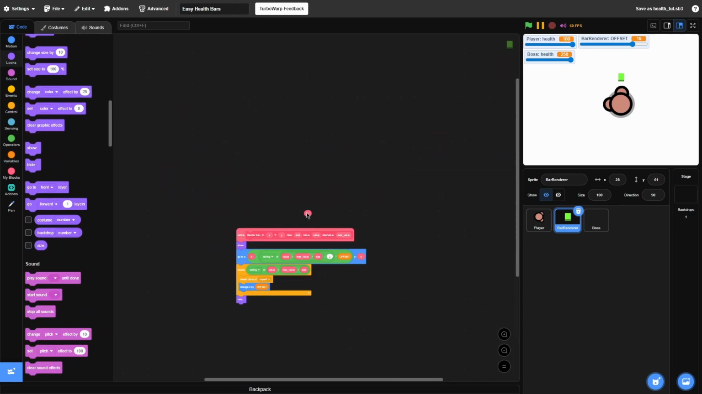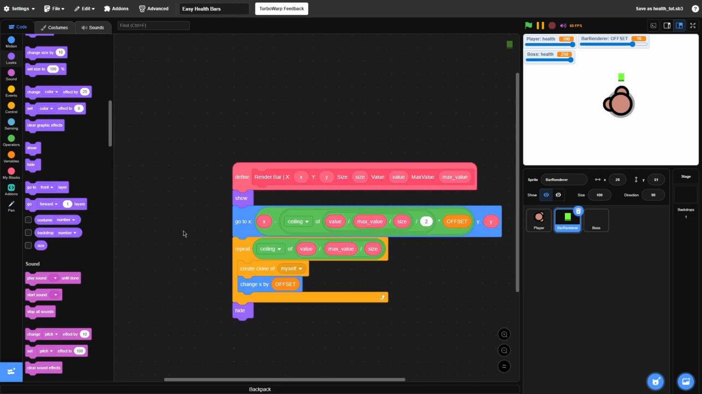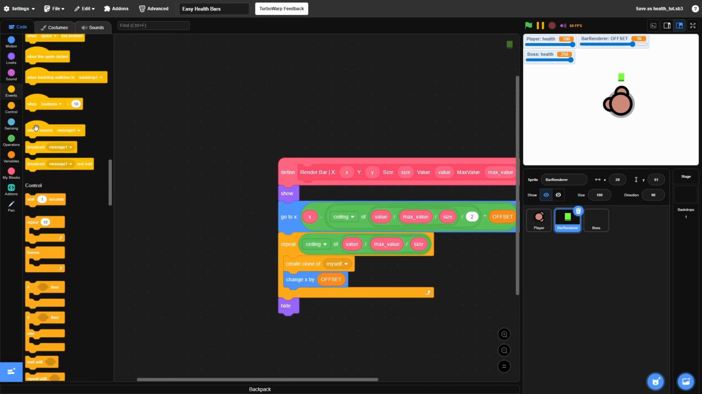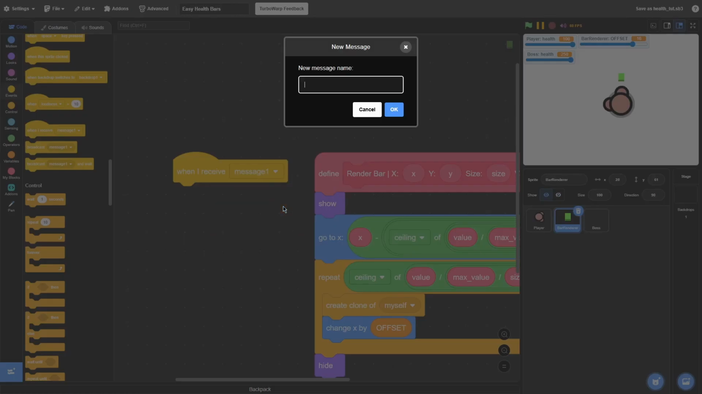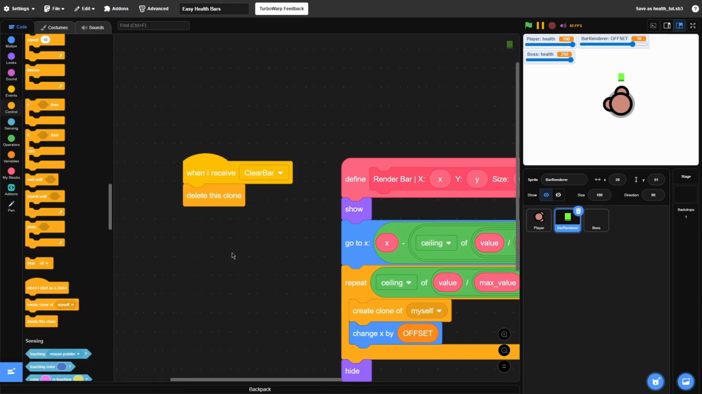And voila. Basically, we have a full working health bar system right here. The only reason I say basically is we just have to actually use this block to render it. So I'm going to first create a broadcast here. So when I receive, I'm going to change this to not message one, but a message called clear bar. And when we call this, we just need to delete this clone, and this will just delete all current bars